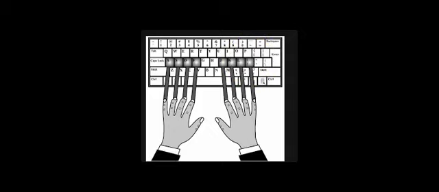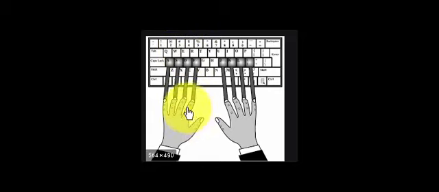This is followed by the placement of the third ring fingers to the adjoining keys W and O and so on. This finger and this finger of the left and right hand will be used for W and O keys in the third row respectively. This little finger will be used for A and Q. This ring finger will be used for S and W. This middle finger will be used for D and E.